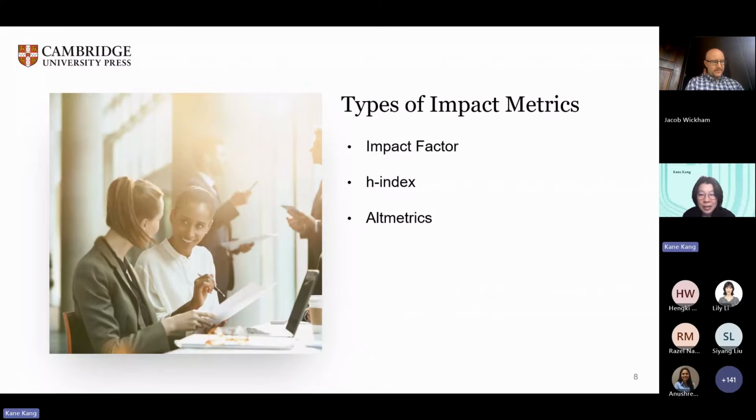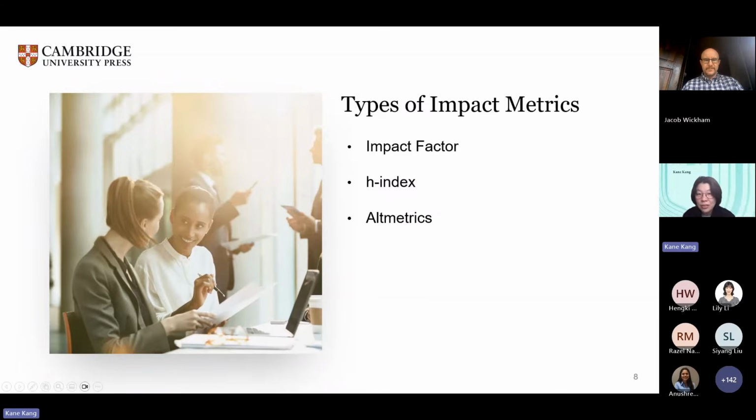Next, the H-index. The H-index is a Google Scholar metric. The H-index of a publication is the largest number H such that at least H articles in that publication were cited at least H times each. So if at least 10 articles were cited at least 10 times each, then the H-index is 10.